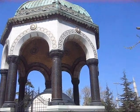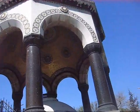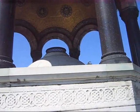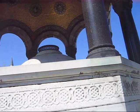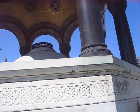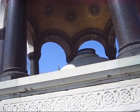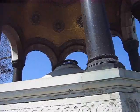Now this is the German fountain. Now it's weird that it's so ornate, looks very Turkish, but yes, it was donated by the Germans. On the second of one of their 3 visits of German Emperor Wilhelm II, and it was offered as a gift to Sultan Abdülmecit II in 1901 to cement